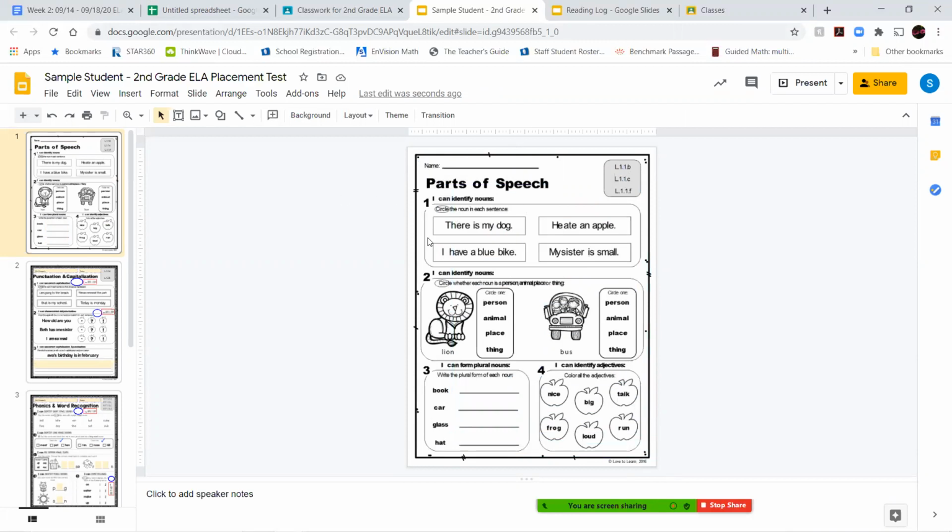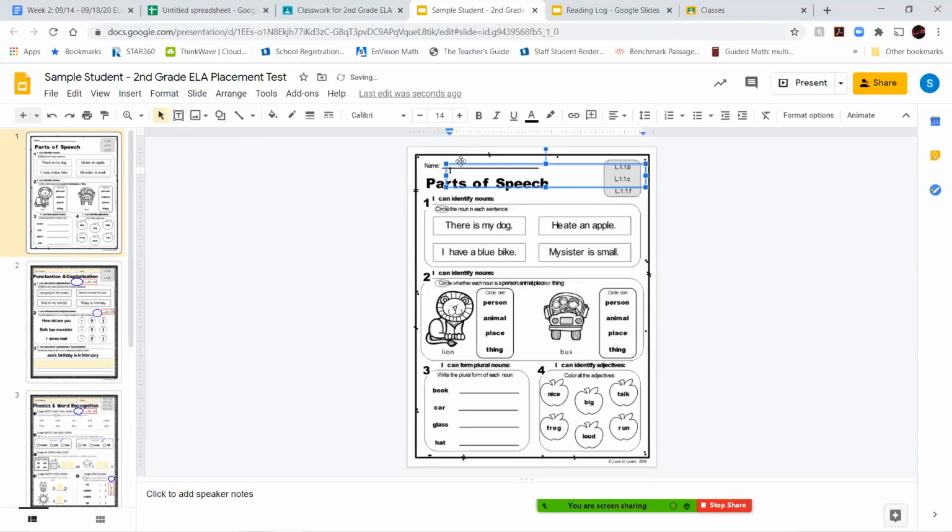Now, I have my document right here in front of me. If I want to create a text box, I'm going to go right here to this box with the little bubbles in the corners that has the letter T in it for text box. If I click on that, it's going to give me this little plus sign, and it's going to let me click wherever I like, and then I can move that around. So I can type in my name up here,